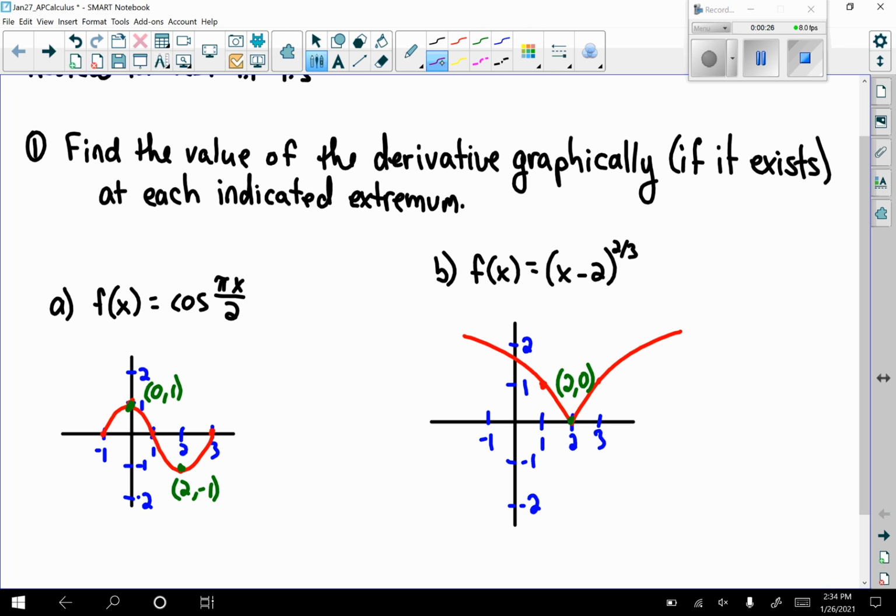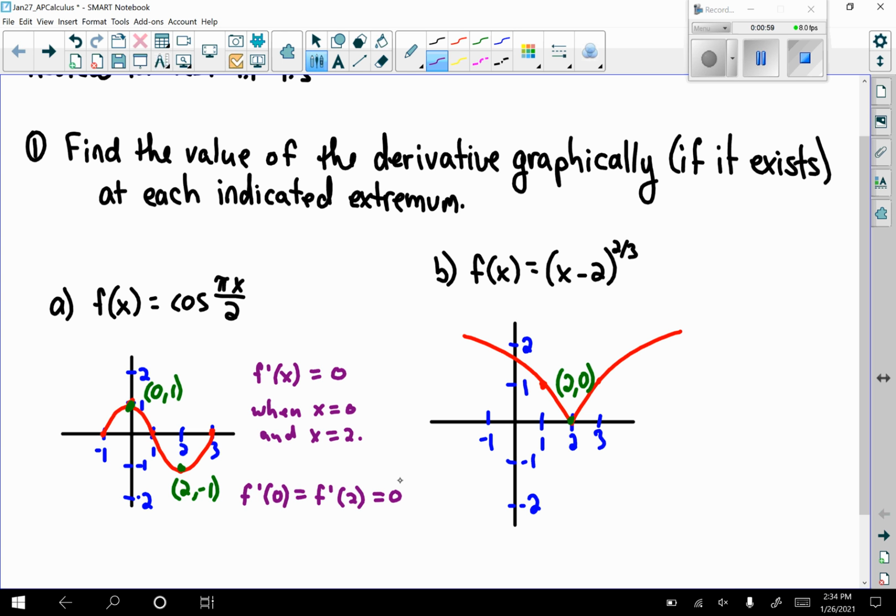All right, so if you need more time, just pause the video again. So notice here we have 2 points that are indicated. So we would say that f prime of x is equal to 0 when x is 0 and when x is 2. Now the value, so f prime of 0 is going to equal f prime at 2, which is 0, slope